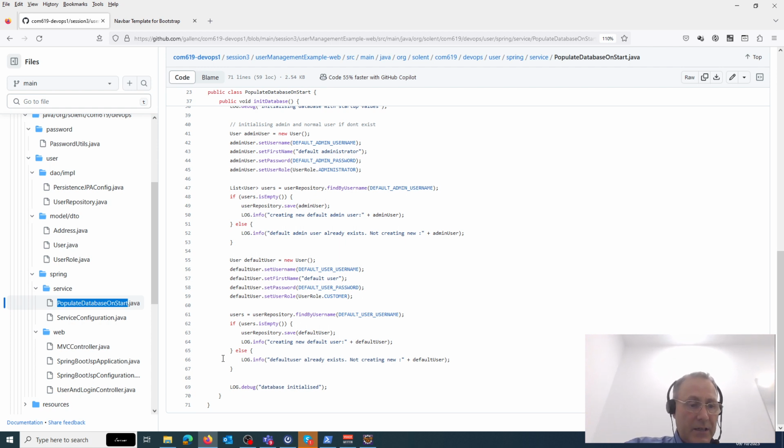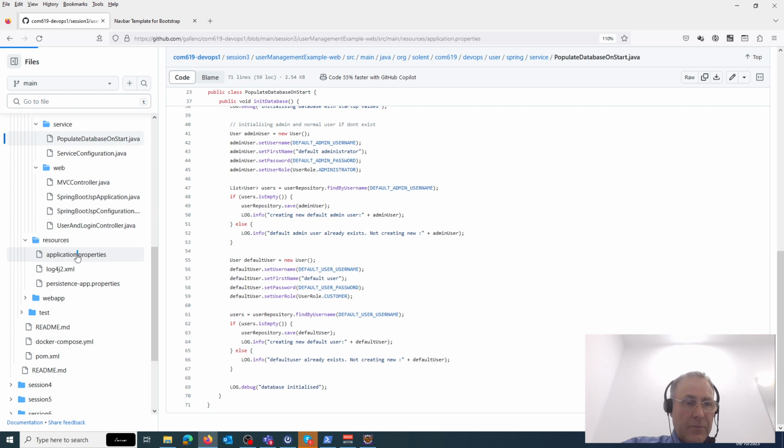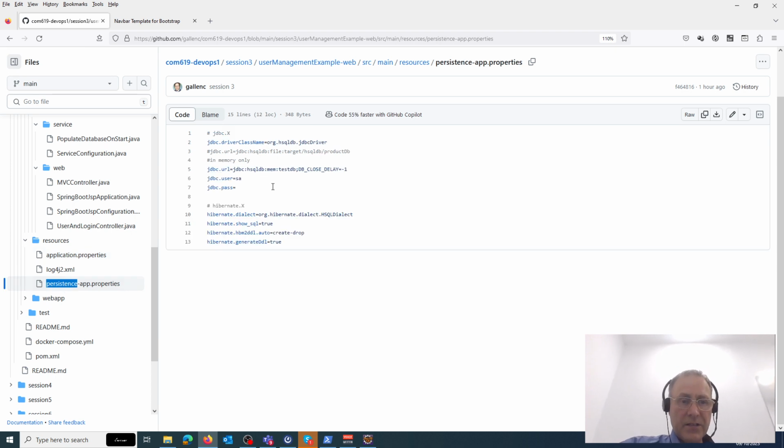I won't go into them in any detail, but if we go into the resources, what you will see is that there's the application properties that we had previously, which just contains the JSP stuff, but we now have another application properties which is for the persistence, and this is actually setting up the database. And again, you can change these values if you want to use MySQL or another different type of database. All we're doing is just separating this out, and that means that under the tests,